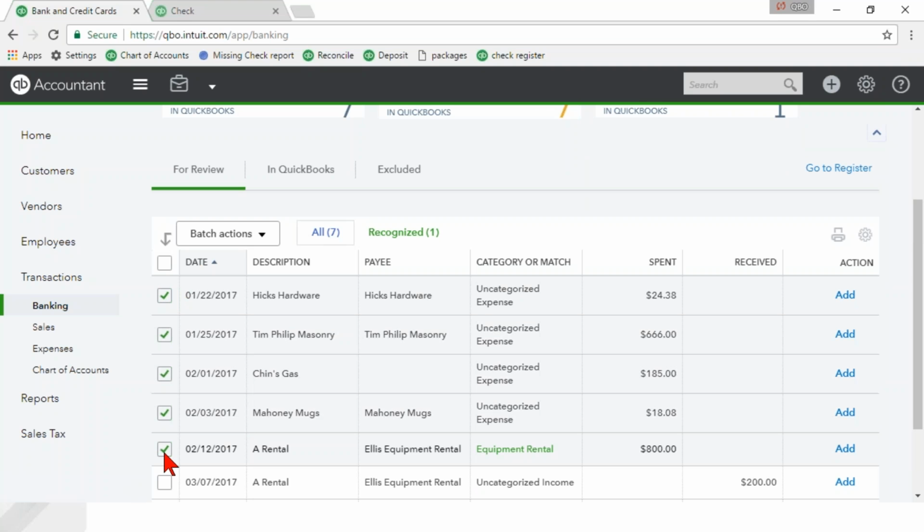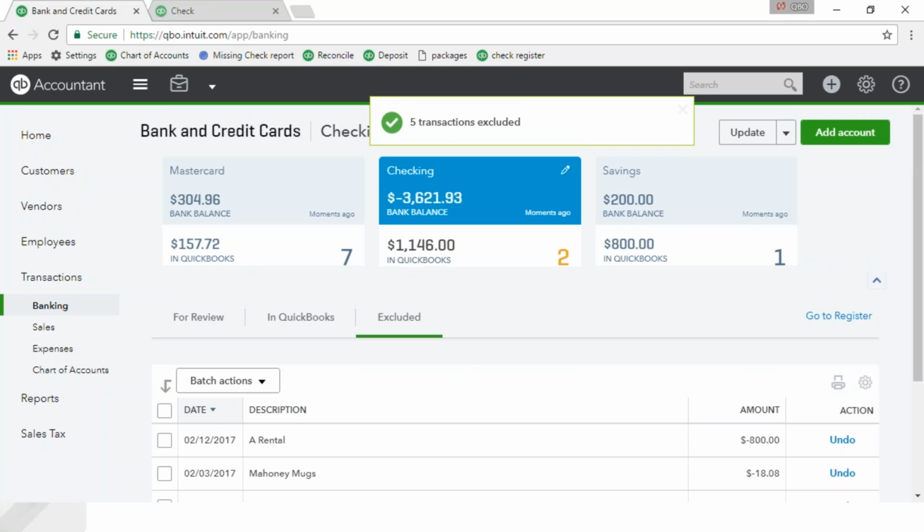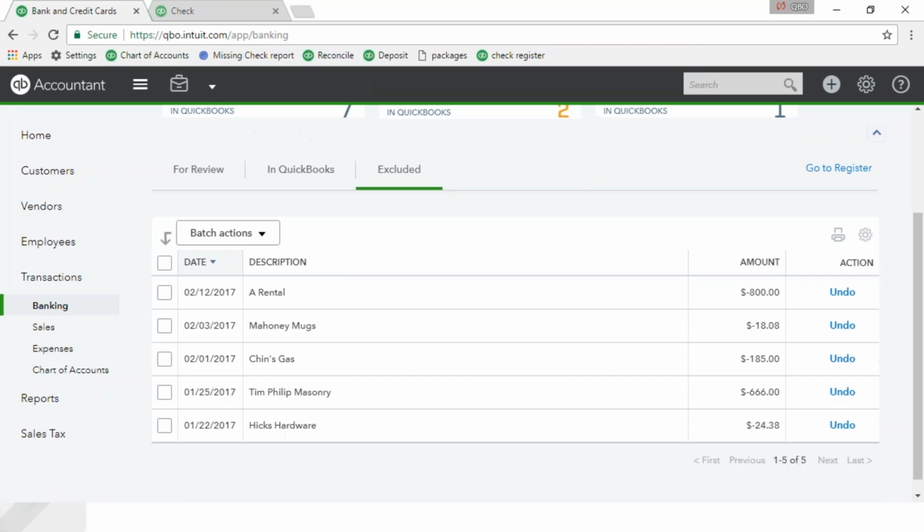Let's pretend I don't need any of these transactions because I converted my QuickBooks desktop file at the end of February. We already had these transactions. I downloaded them and I don't really need them. So I'm going to choose the transactions that I don't need because they're already in QuickBooks. Batch, exclude those transactions. Now it moves them over here to the excluded tab, where under excluded I could do